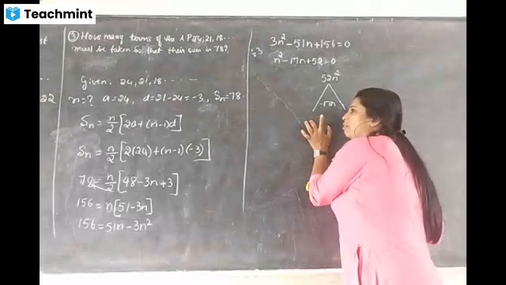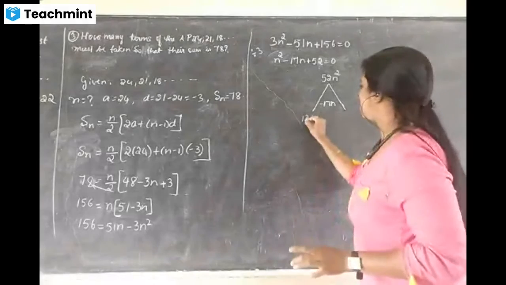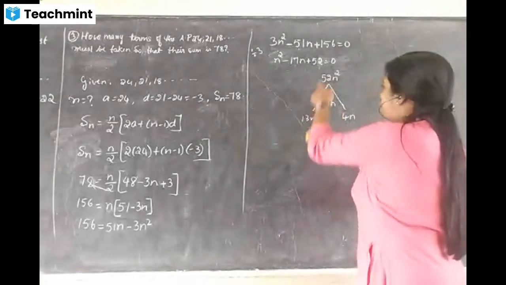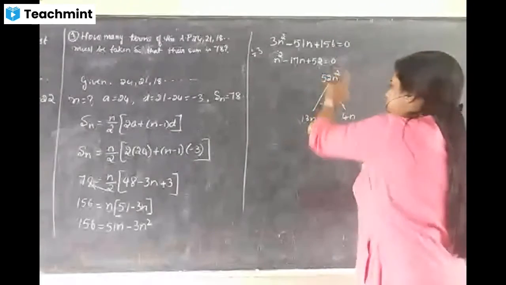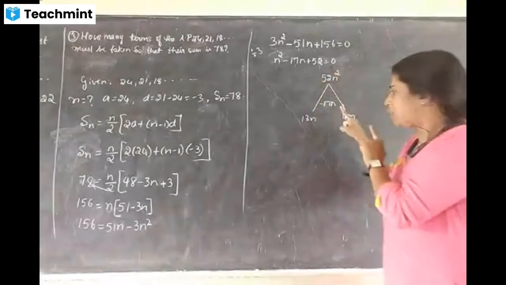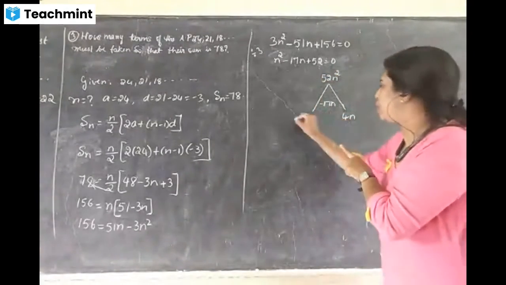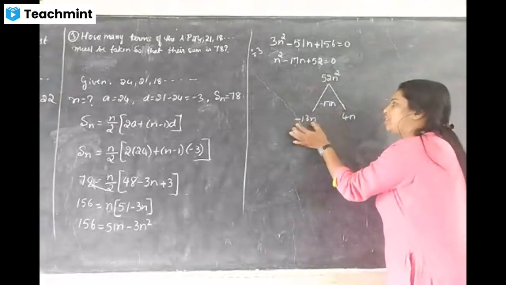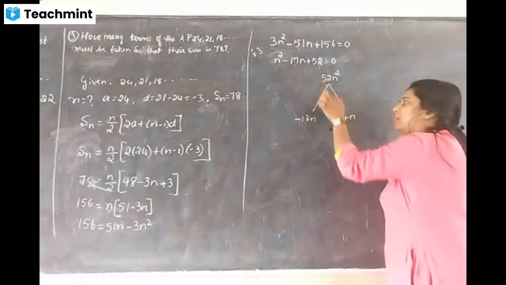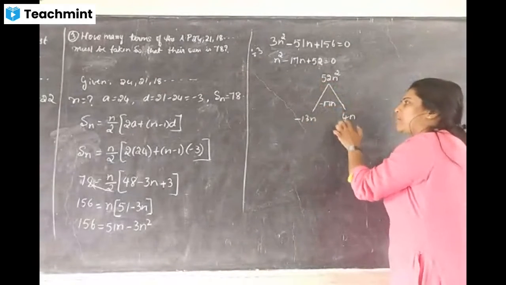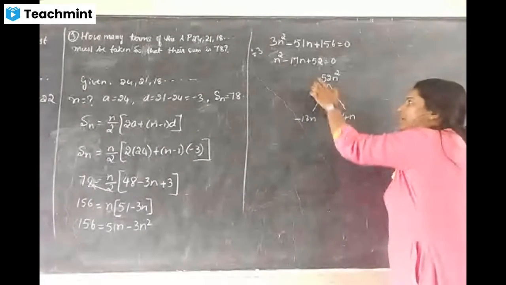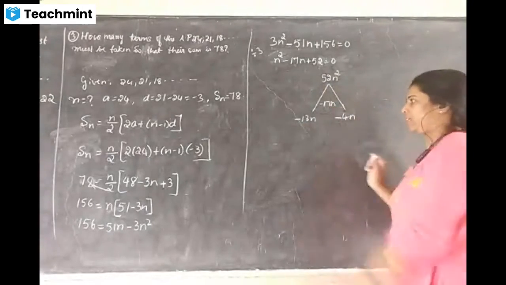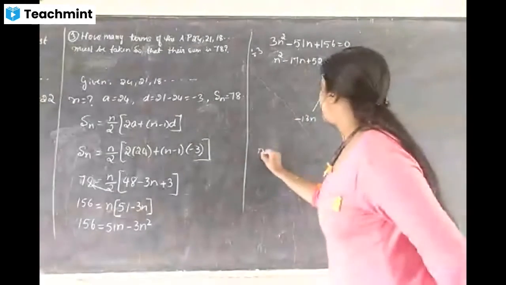13 4s, I think. 13n, 4n. 4 3s are 12, 4 1s are 4, 1 5 is 52. We got n square, but here minus is there. When it contains minus in this place, the bigger one is always minus. If I write minus 13 plus 4, it becomes not 17. Minus plus minus comes, so both are minus. Minus 13 minus 4 is minus 17. Okay. Now n square